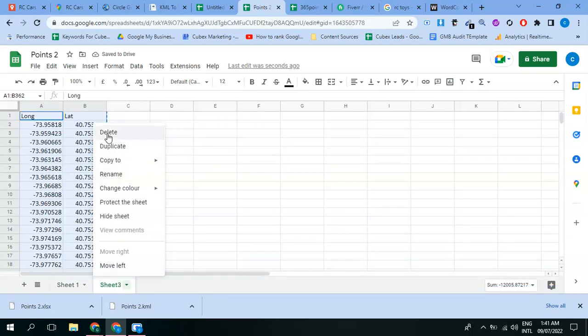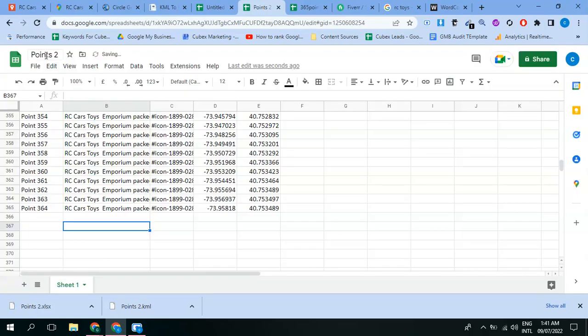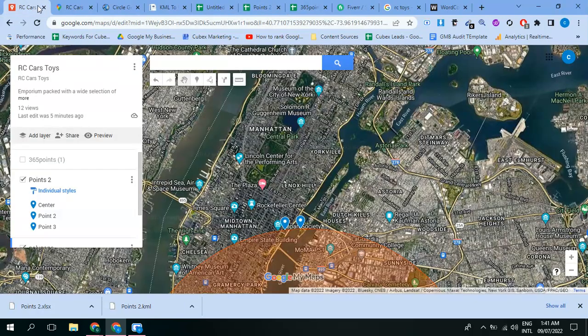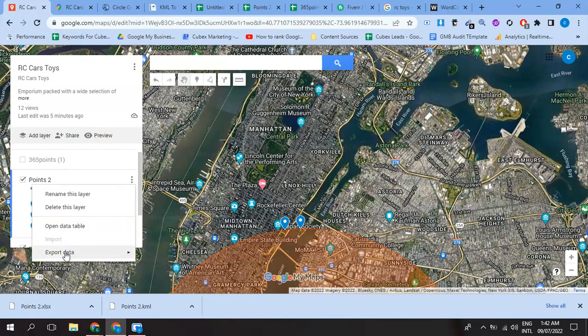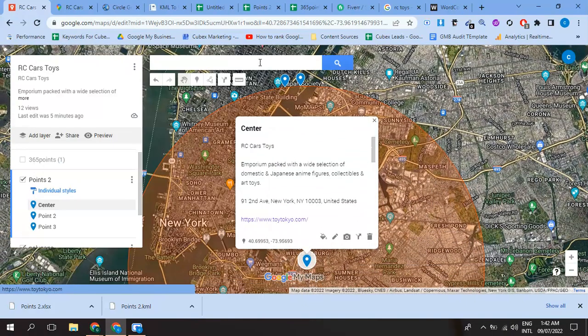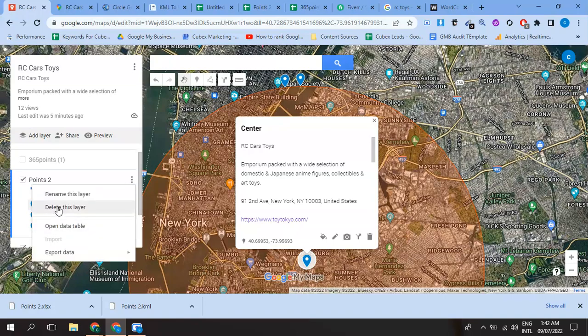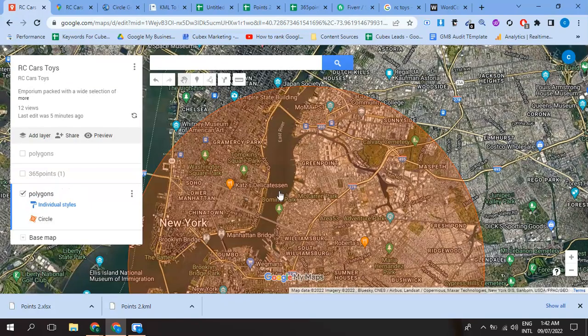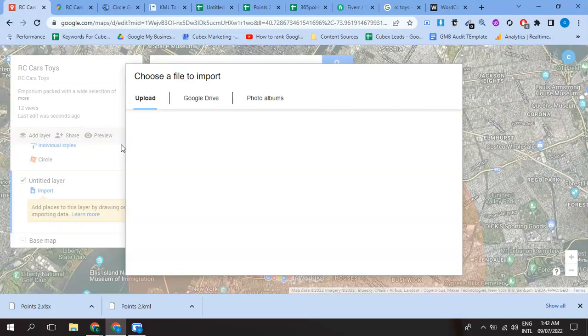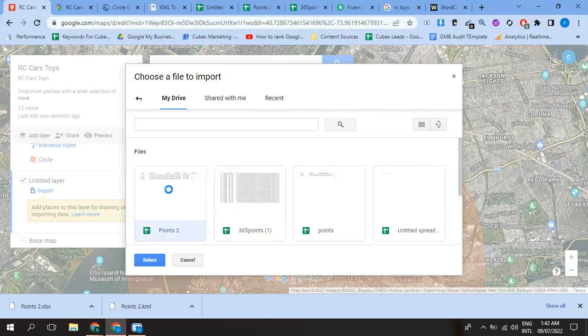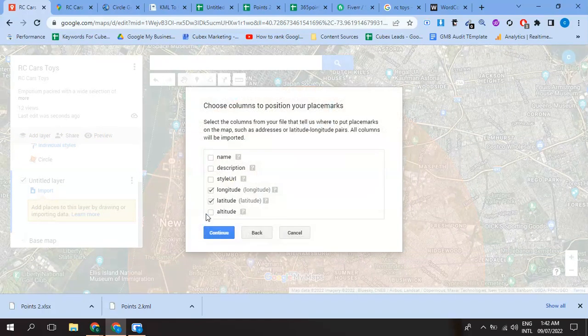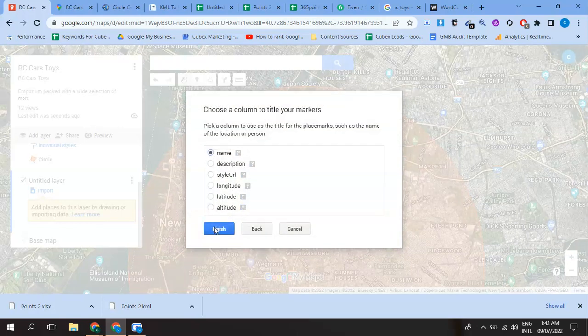We have to remove this one. Now this is flights number 2, right? So we have to come up here again and delete this layer. It has no point, right? So what we need to do is to add layer, import from Google Drive. So we can import it from this sheet and we have created it to the Excel sheet. So select the imported one, select the name,